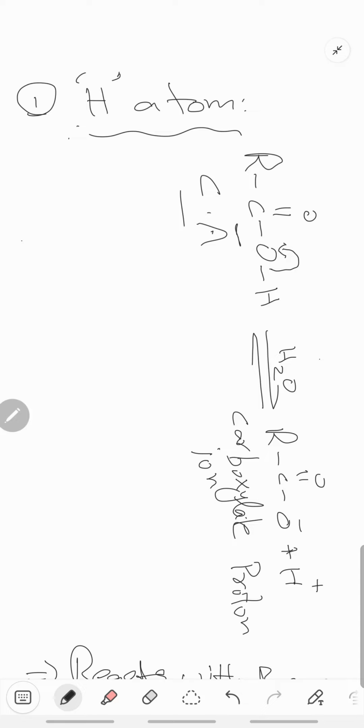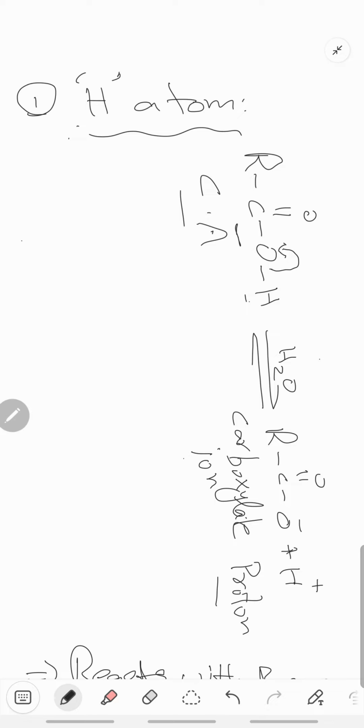When we take a carboxylic acid and dissolve it in water, it will give us a proton. How will it give us a proton? Now this electron pair moves here, and it will give a negative charge to oxygen and a positive charge to hydrogen. So it will be a proton, and there will be a